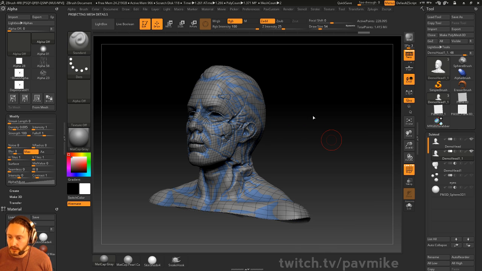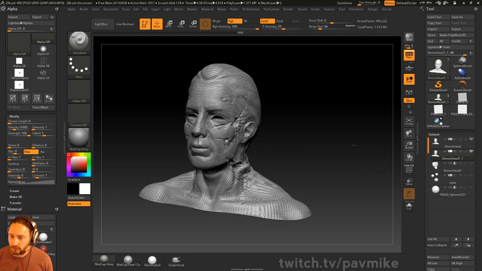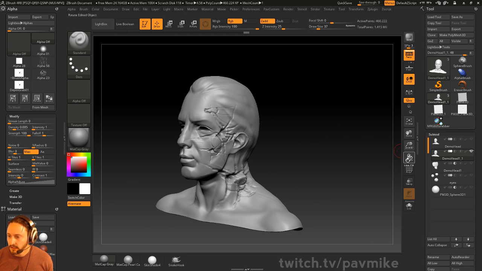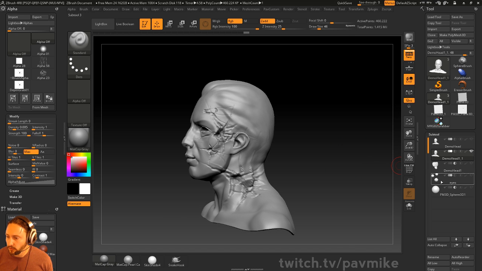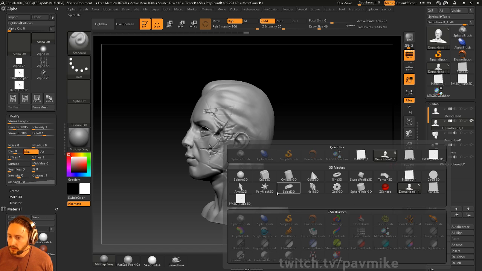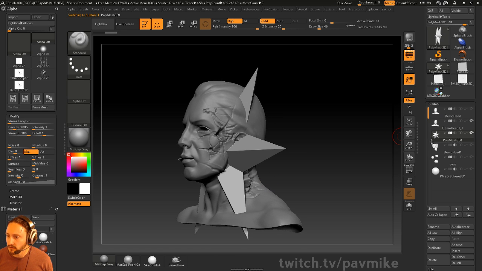So what we're basically doing is getting thickness to our mesh, which you could do with Dynamesh and Shell, but for a little bit more control and a little bit less destructive, what we can do now is we can go ahead and go to insert anything. We'll go to insert this thing, and then we'll go ahead and we'll make this a new start group